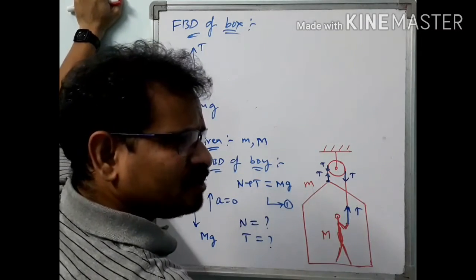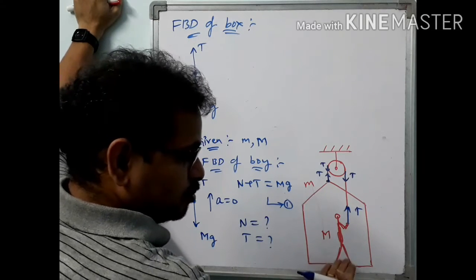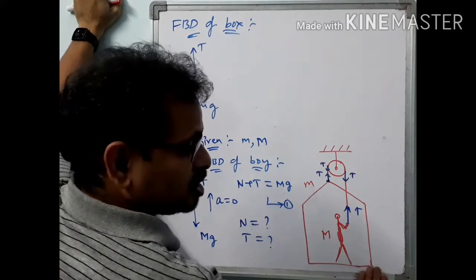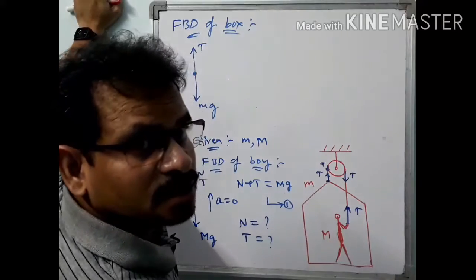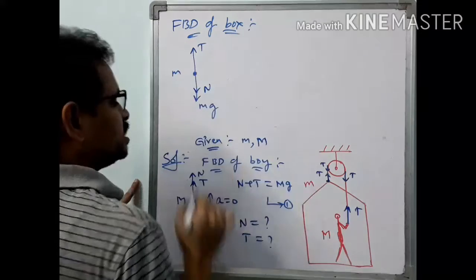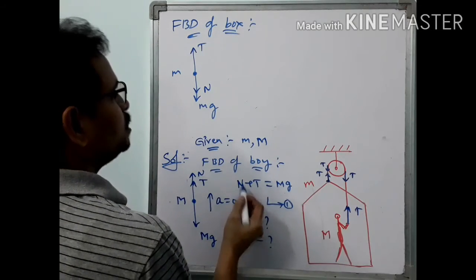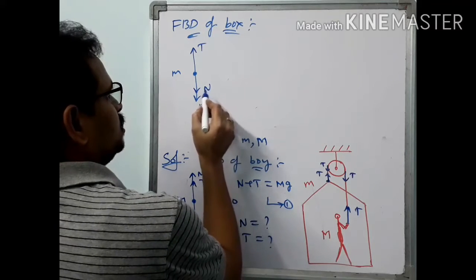Is it in contact with anybody else here? It is in contact with this boy also. This boy is pushing the floor of this box in the downward direction, while the floor of the box is pushing the boy in the upward direction. The boy pushes by Newton's third law. So in the downward direction also a normal reaction is there, because the floor of the box is applying normal reaction N on the boy. Therefore the boy is applying the same normal reaction due to Newton's third law here, right?